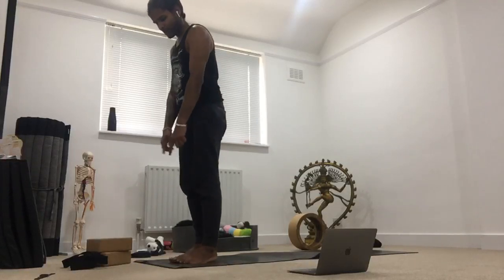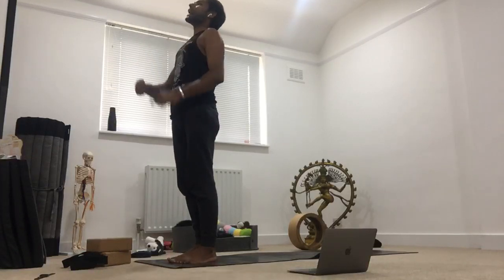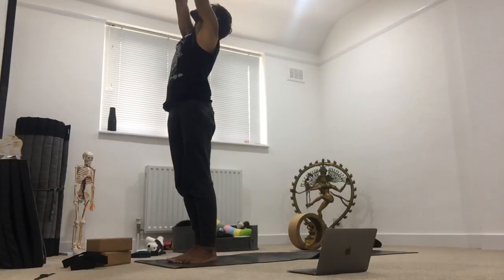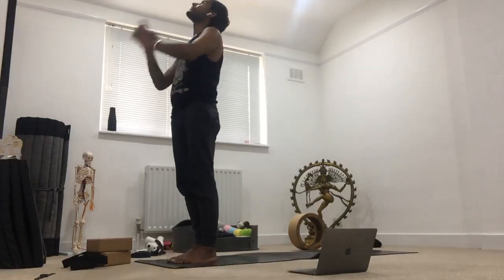Bring the feet together. They're lightly touching. Bring the arms up. The drishti, that point of focus, looks up to the ceiling. Now we engage the core by pulling the stomach lightly to the back. Then from here, arms to the side if the back is a little tight, or bring the hands together. You can even put the hands into a mudra called Kali Mudra, where you interlace the fingers, index fingers touch,